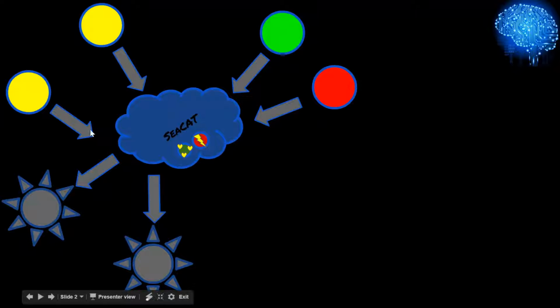So we've got two buttons and we've got two lights, and what we're going to do is we're going to teach the SeaCAT AI, or whatever AI it is, that each button maps to a different light. That's fair enough. So pressing this one should turn this one on, say, and pressing this one should turn this one on, right? That's reasonable. That's what we're going to try and teach it, using our positive and negative feedback,